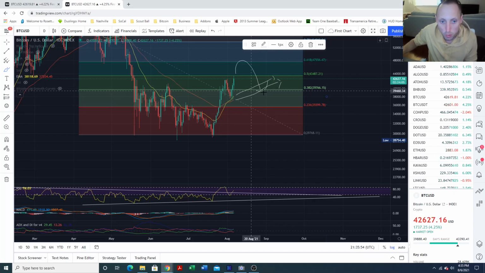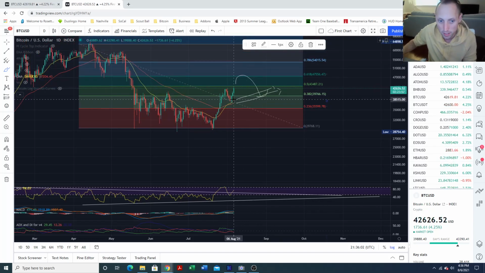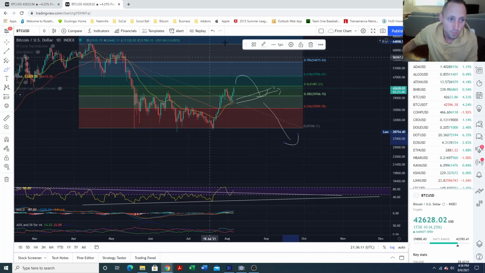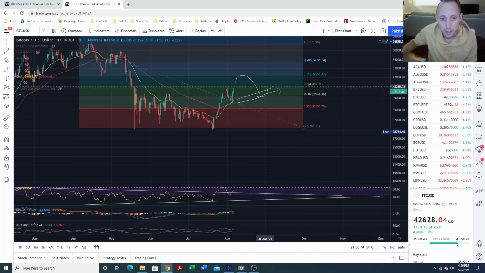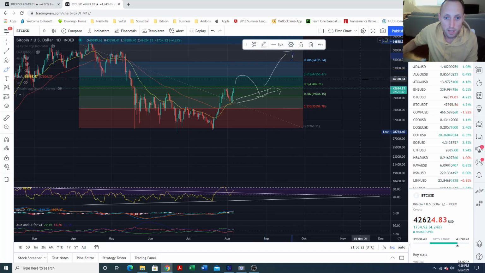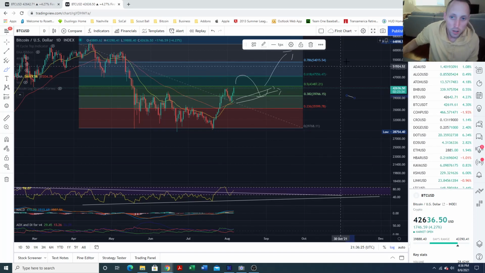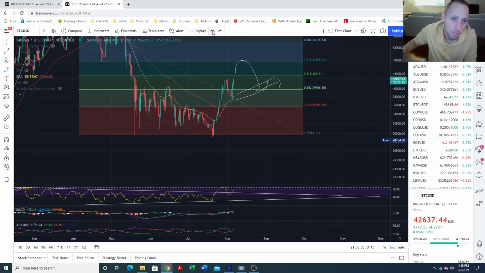You want to see it hold right here, and if it loses it, then it's going to be similar to other moments in time where it's really just kind of testing the support, or testing the resistance in this case, and could continue to head back down. However, if it holds the support right here, you will most likely continue to see Bitcoin move in an upward direction. So this is one of the indicators I'm looking at to help me. I think this is a very early sign of a very strong bullish indicator.